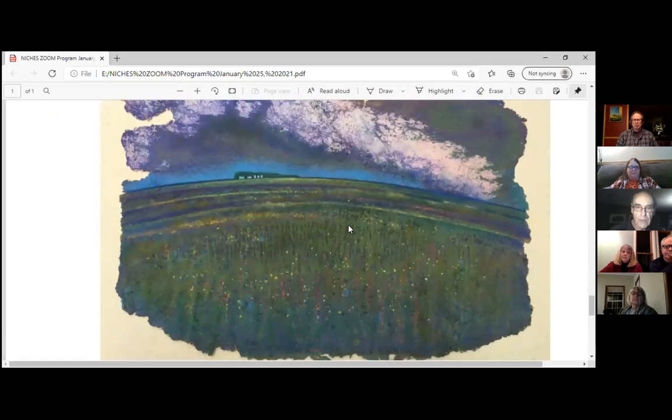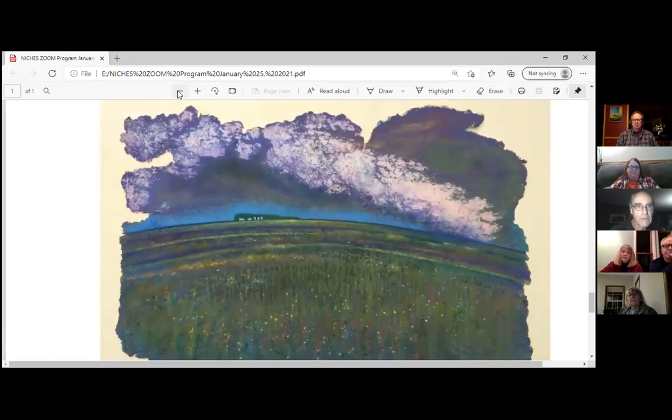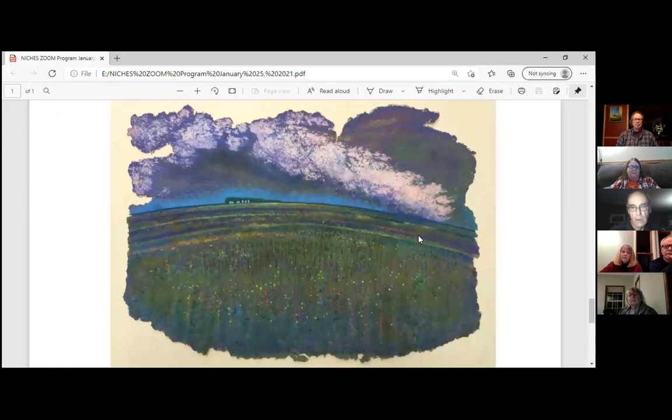Now here's a paper piece. Wait, I don't know if that's too big on there or not. I can make it a little smaller. Here's a paper piece